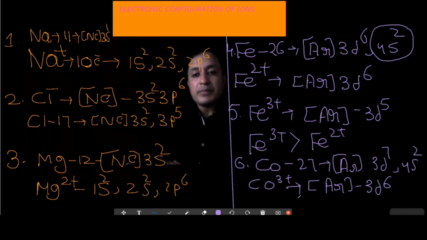So this is the method to write the electronic configuration of the ions that you must always understand, because it will be useful for writing the hybridization and in the coordination compounds also. So it's very important. So today we have learned how to write the electronic configuration by using a shortcut method, and how to write the electronic configuration of the ions, and there are some exceptional rules also in the electronic configuration that also we have learned today. So that is all for today. Next time we are going to discuss some more important topics.